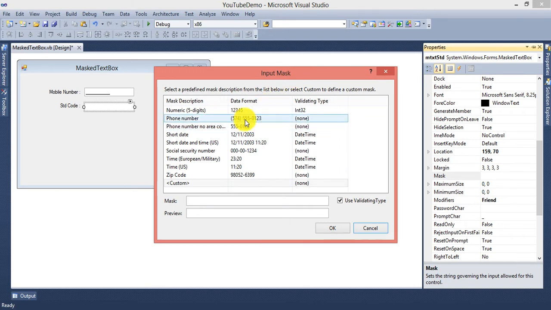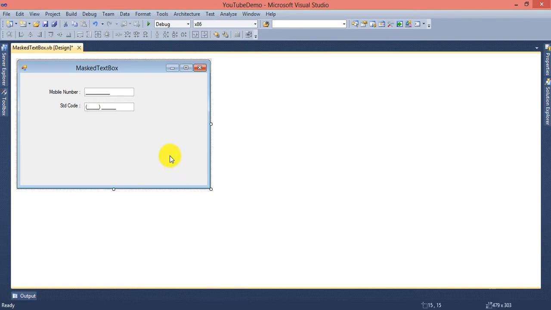You can see this phone number mask is available, so I'm setting 5 digits here, so 3 4 5, and 1 2 3 4 and 5, total 5 and 6 digits. Okay, and you can see here it's a preview like this: your STD code number and then your landline number, and say OK. So it will create a mask for that based on your requirement of what you want to say here.